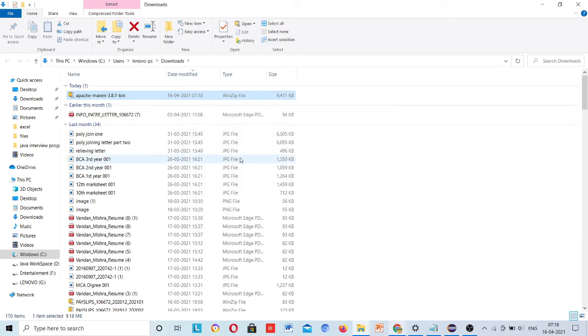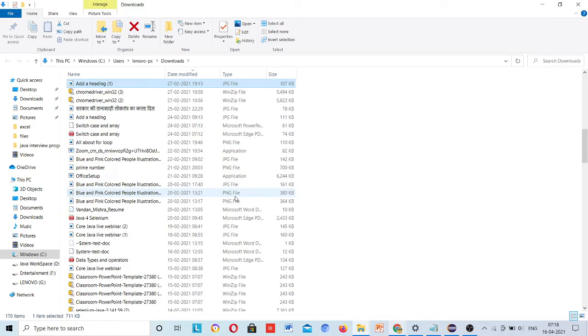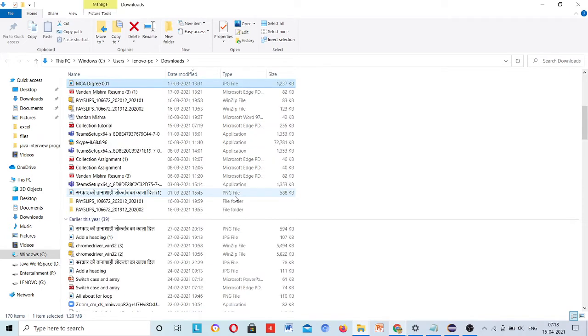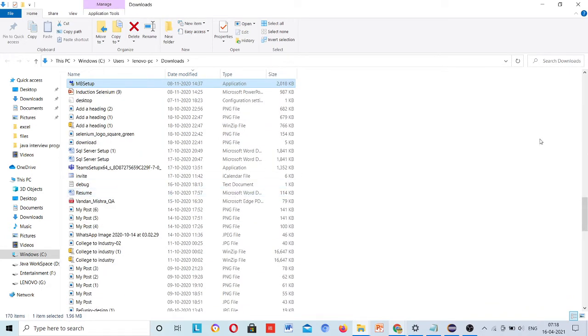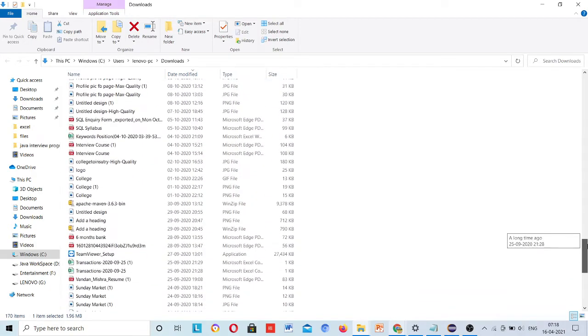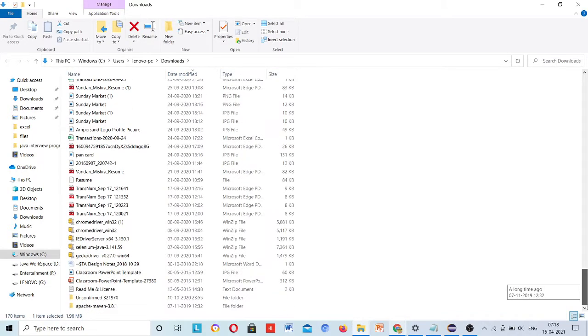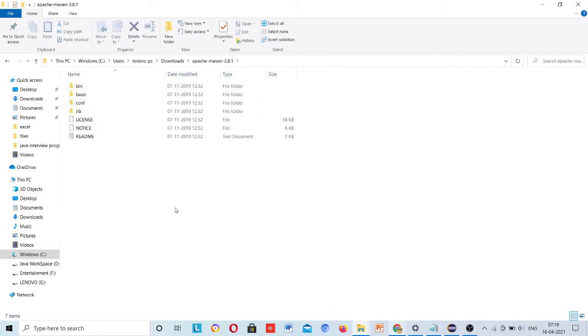You can see this one, and now you can see this Maven downloaded successfully and extracted as well. After that you have to set up the Maven path.